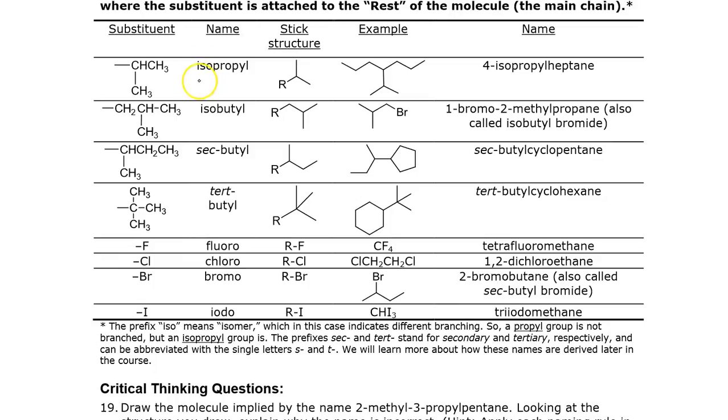And when you alphabetize these, and I'm sorry, I didn't make up the rules, I'm just explaining what the rules are, we do count the iso when we alphabetize. So isopropyl would come before dimethyl, because you count the I, which comes before M for methyl. I'm sorry, again, I didn't make the rules. I just tell you how they are.